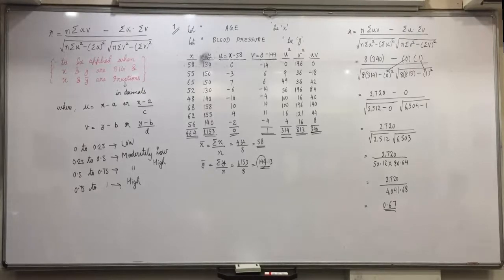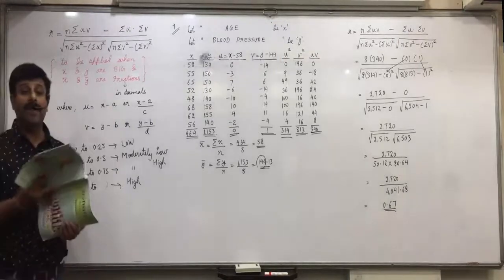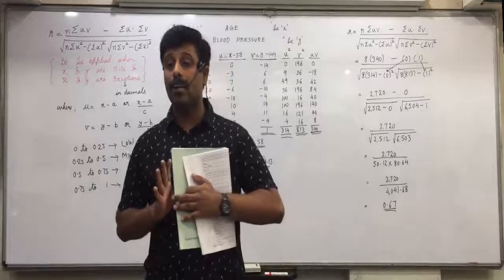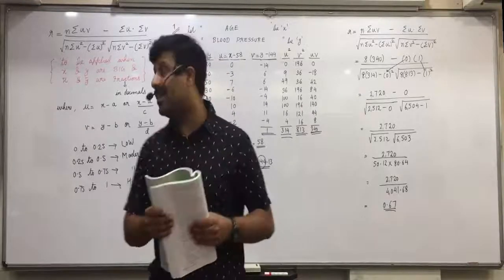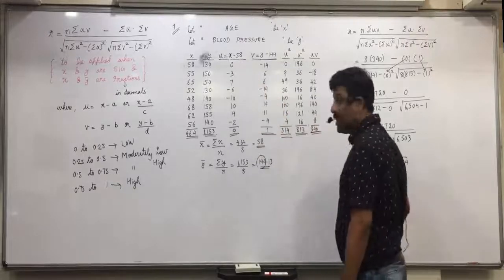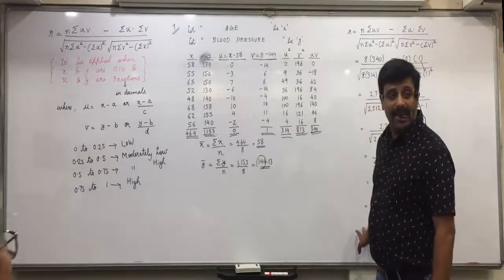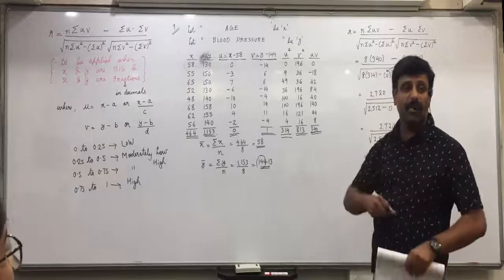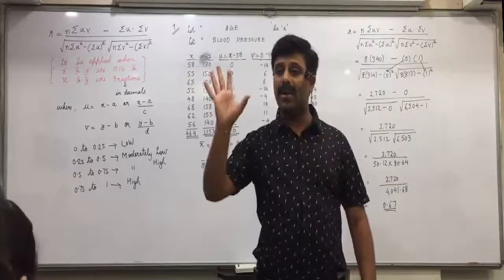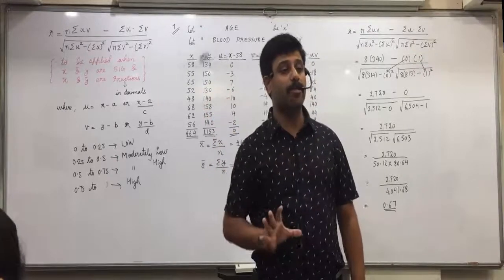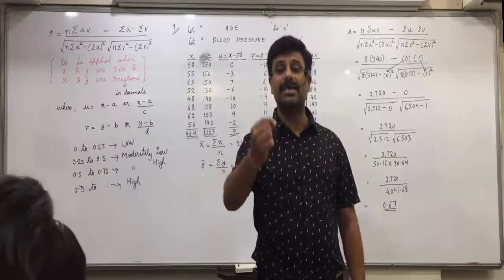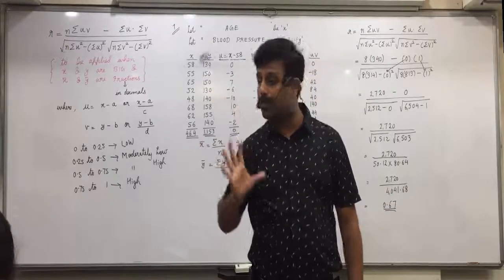Now you'll be solving it completely on your own, but everyone in the class will take the same assumed means. Because if someone is taking 58, someone is taking 57, the final answer will come correct only. But in case you get it wrong, it will be very difficult for me to find out the mistakes. If 5-6 different people have taken different assumed means, then that much time we don't have. So everyone will be taking the same assumed means, which I will discuss, then you will proceed further.